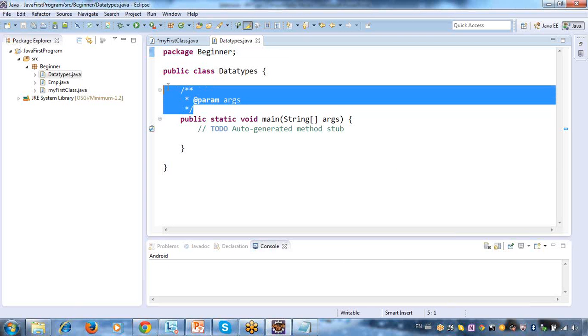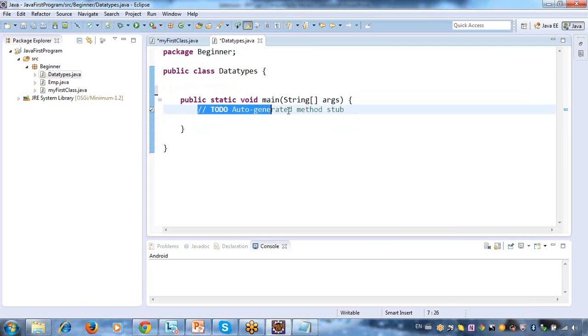Here I am trying to understand data types in the Java language. As I said, you have different data types: integer, float, character, double, long, and many more, depending on what kind of data you are storing. One more thing: the data type declaration is mandatory in Java. When you say a is equal to 10, it will throw an error message, because it must be declared with a data type. What is the data type?